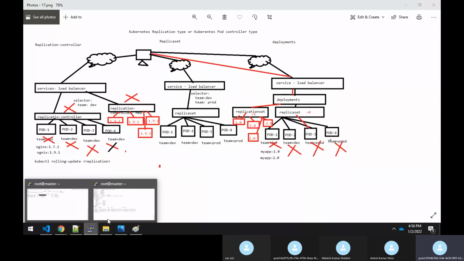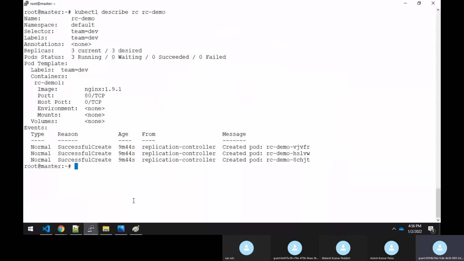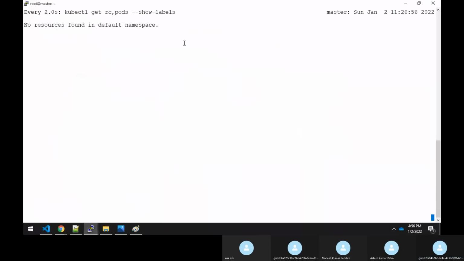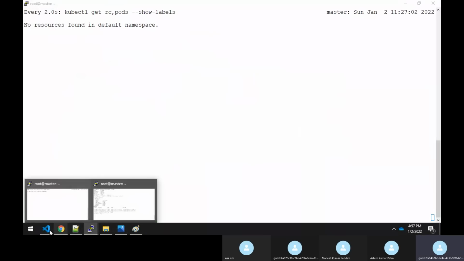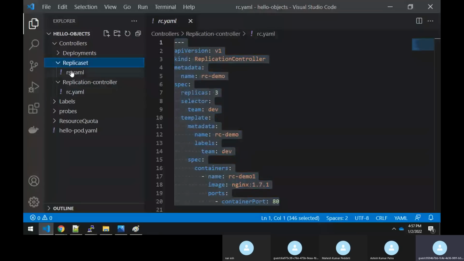Before that, let me remove it. kubectl delete -f and specify rc.yaml. I removed it, now it is gone. Now if you come to an example of a replica set, I have this file.